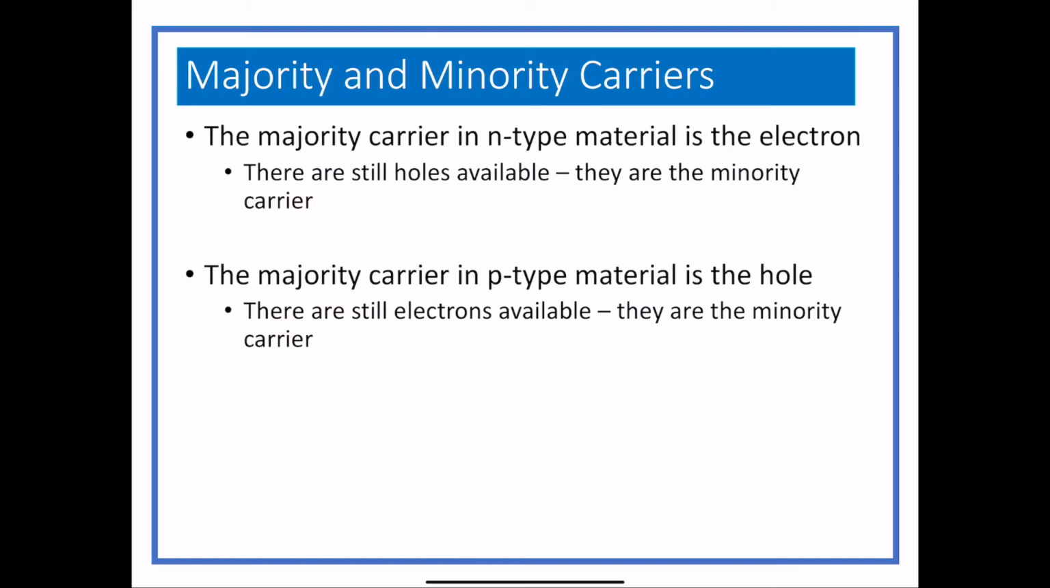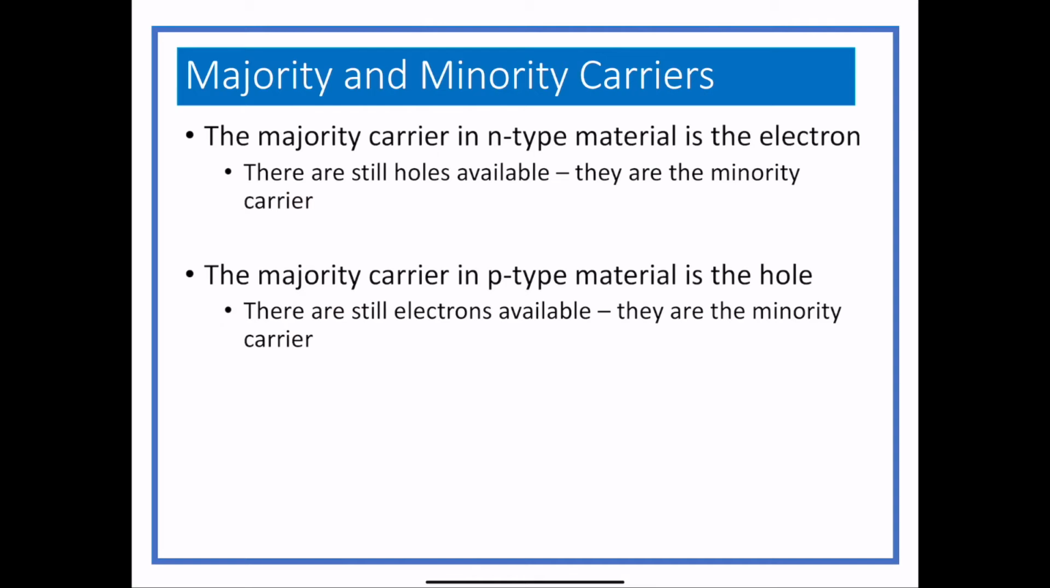They're still there. In N-type material there are holes, but there are more electrons. So we say that electrons are the majority charge carriers and holes are the minority charge carriers. They're still there, there are just less of them. In P-type material, there are more holes than electrons, so the hole is the majority charge carrier and the electrons